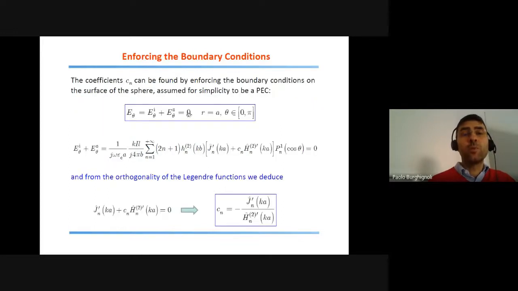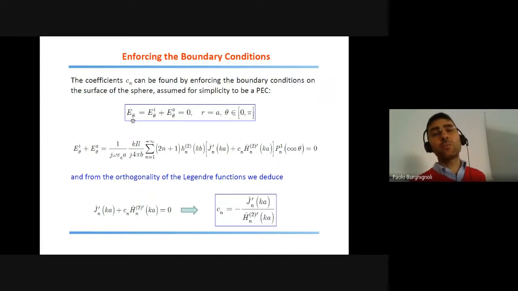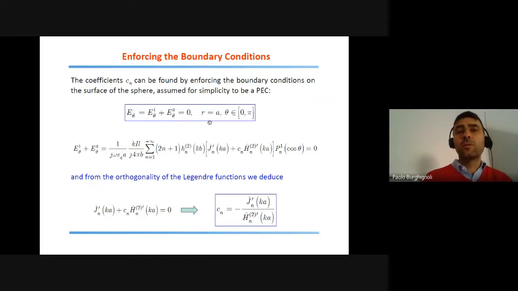We enforce the boundary condition on the surface of the perfectly conducting sphere by requiring that the total electric field along theta, the sum of the incident and scattered parts, is equal to 0. This should be true for any value of theta from 0 to pi. And if you sum the two expressions of the incident and scattered fields by collecting them into a single infinite